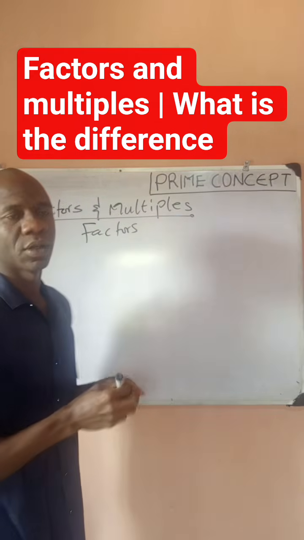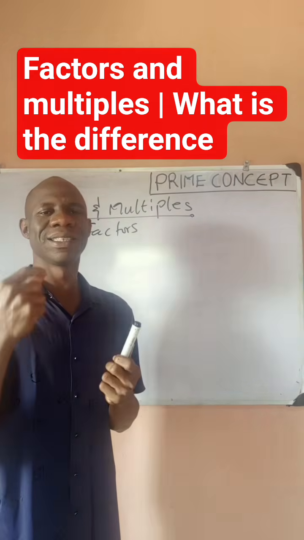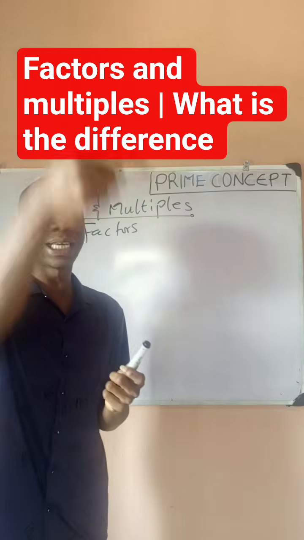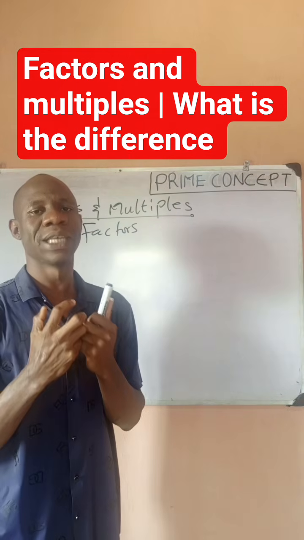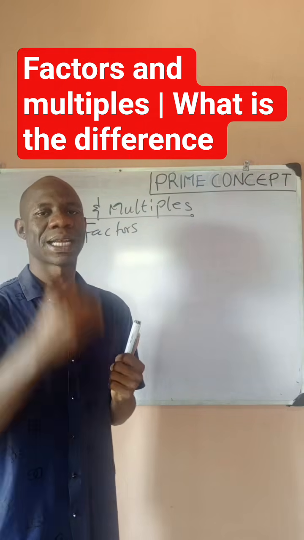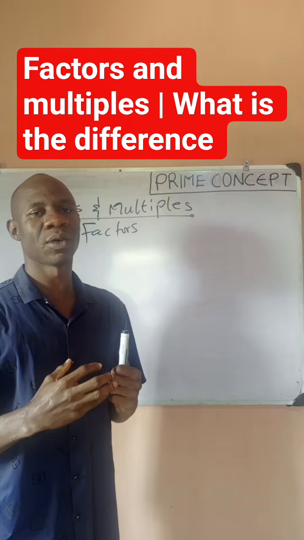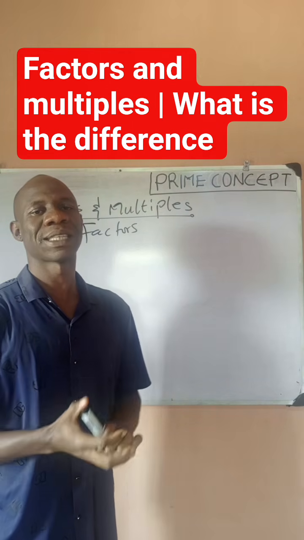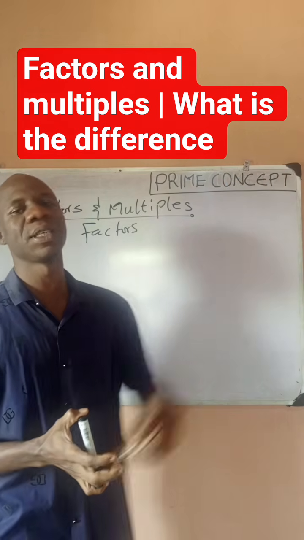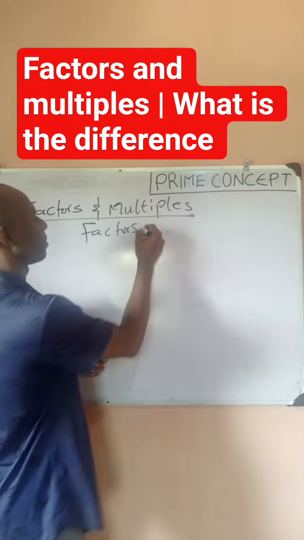What are factors? Factors are actually the numbers that can divide another number without a remainder. So if I have a number that can divide another number and there is no remainder, that number is a factor. So these are all the numbers that can divide another number without giving a remainder. For example,